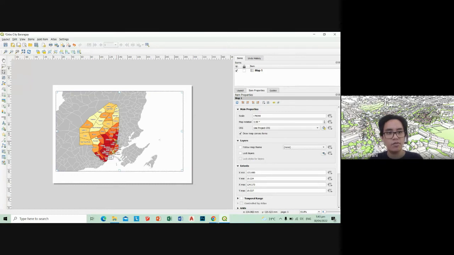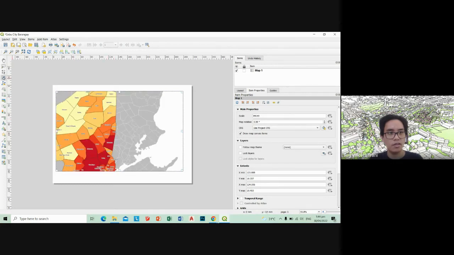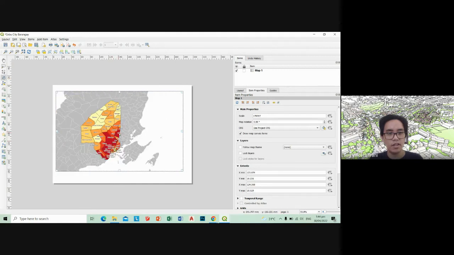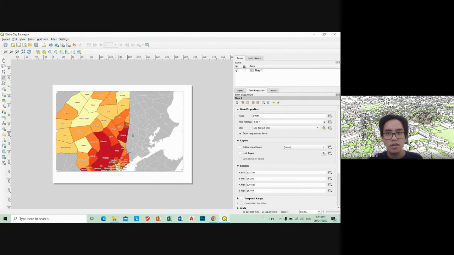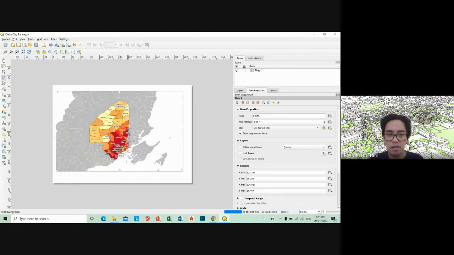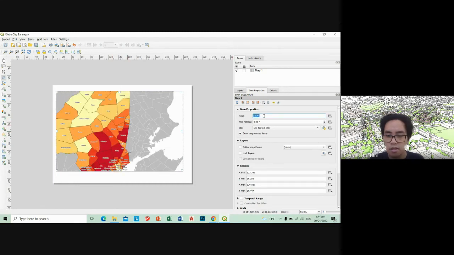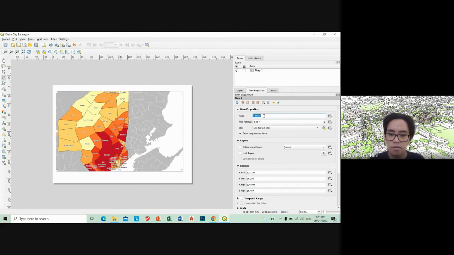Okay, so I want this to be a bit bigger. Where is it? I think this is the one. Oh no, this one. No, not that. Here. It's the move item content button I was trying to find. I want the scale to be a bit... 90,000. We want to,